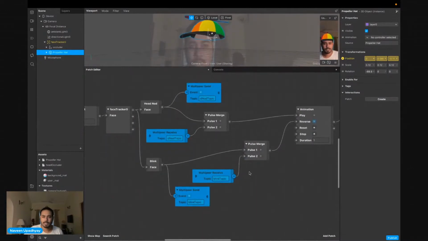So what I want is that right now, if I blink, it goes away, and if I don't, it comes back. But if I directly blink now, it goes away. So that shouldn't happen. It should only happen when the head is down. So we need to find logic to do that.